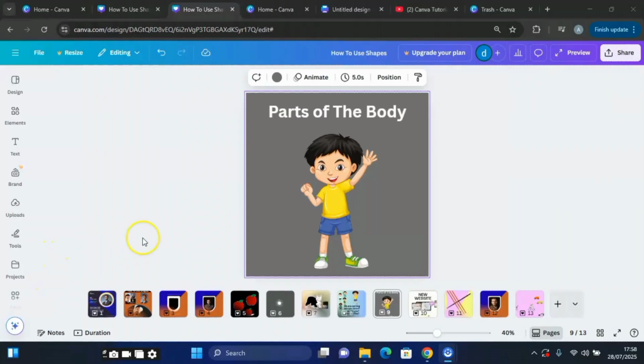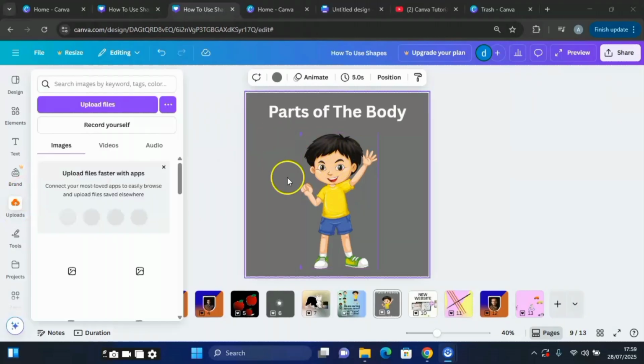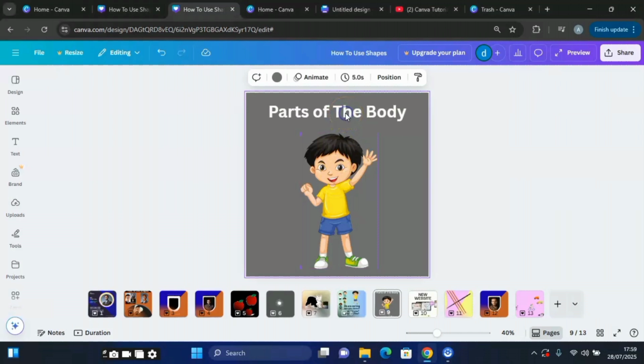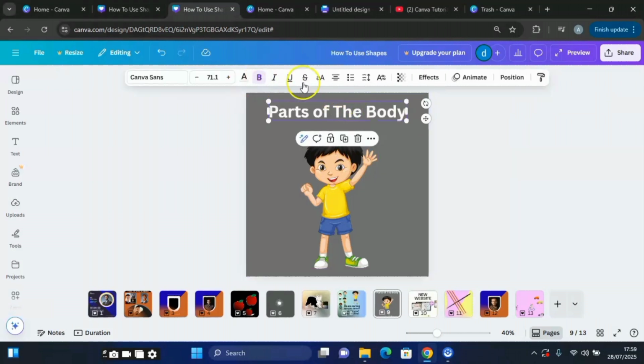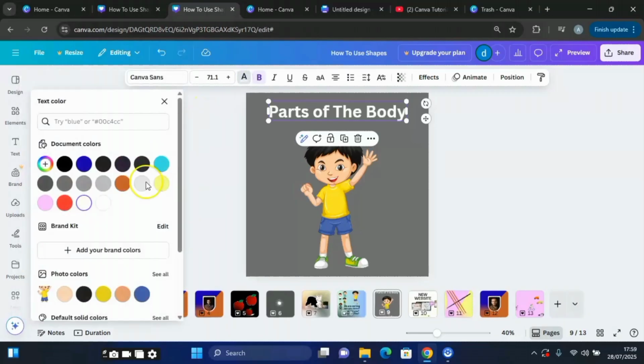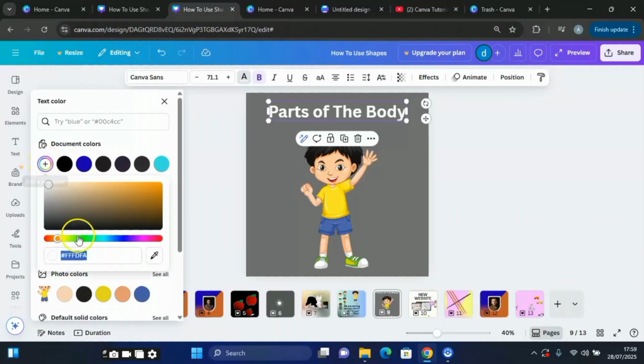Color Picker tool does a perfect job while you are working on your design. Take for instance this very particular part of the body, which is the text. If you want to choose a color from this very particular image, Color Picker allows you to do this. Therefore, all you need to do, click on the text. Then at the upper side there, click on the color palette. Then you can now click on this, add a new color. From there, click on this color picker